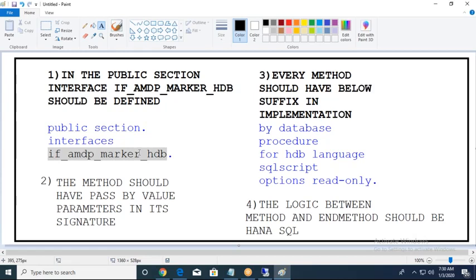The first point is a generic one related to the class. So the second point, third point, and fourth point are related to the method. Whichever method follows all these points, that method is an AMDP method. When we execute it, it executes directly in the database. If a method doesn't follow these, then it's a normal method. If we execute it, it executes in the ABAP layer only, like go to the database and come back, go to the database and come back,